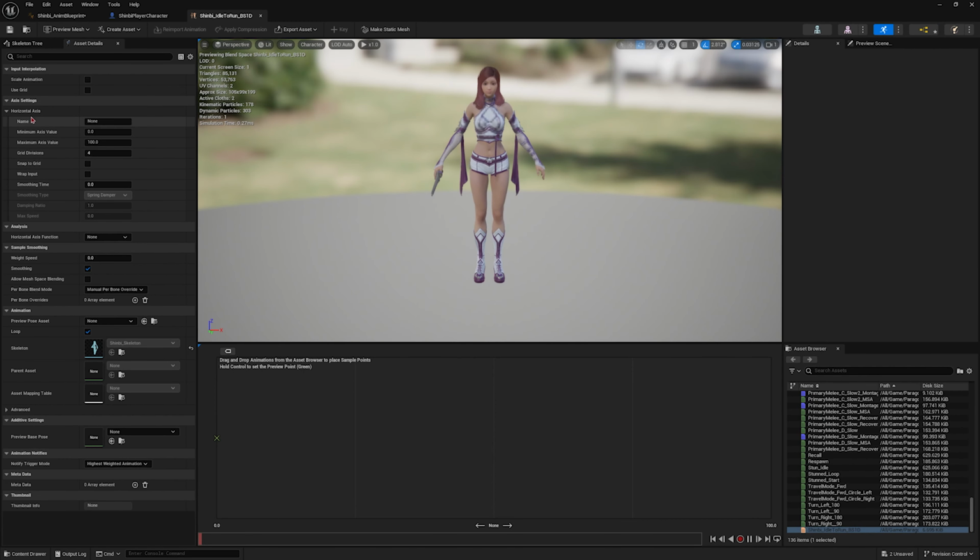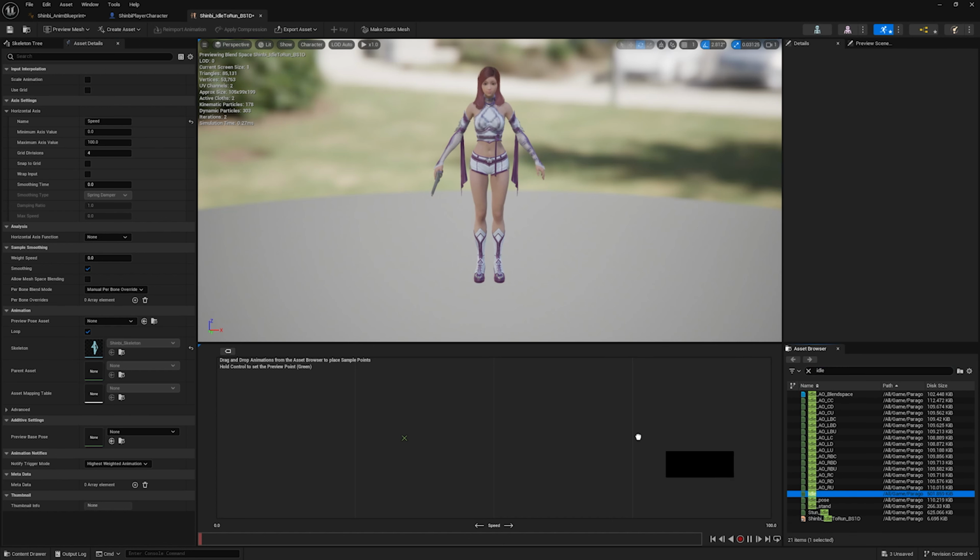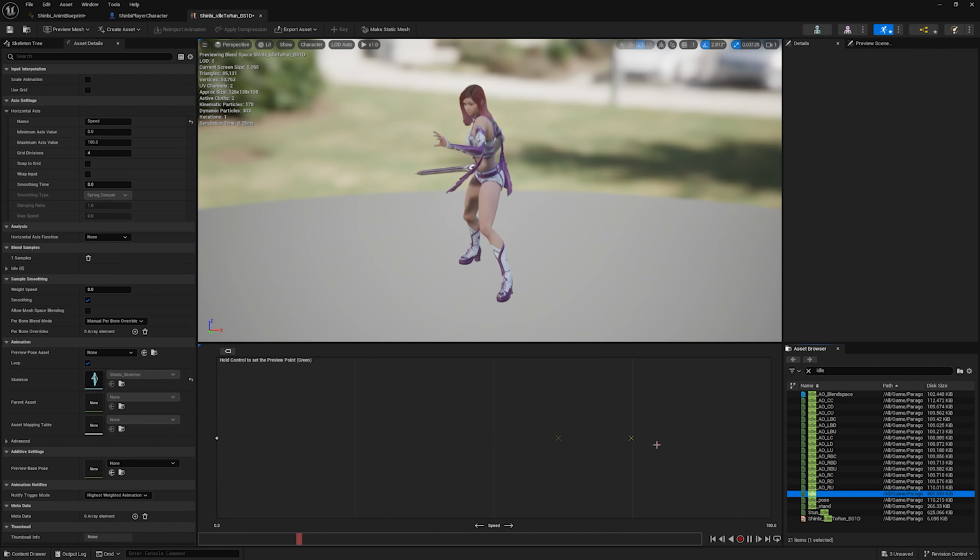Right over here you will find a horizontal axis, which I will set to Speed. You can give it any name, but we are controlling the speed to make it animate. First we have to add the idle animation here, so I will drag and drop it at the 0th value. Now, how the speed is being calculated, if you may ask,